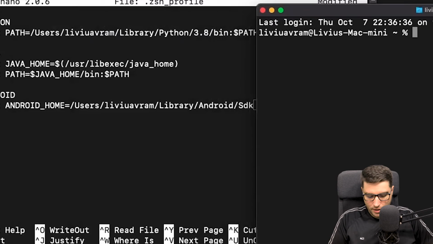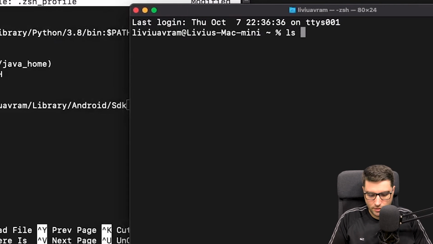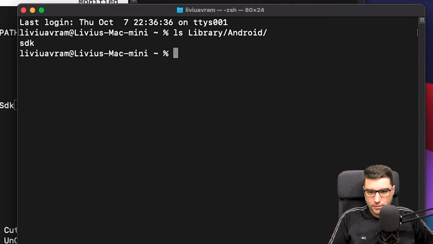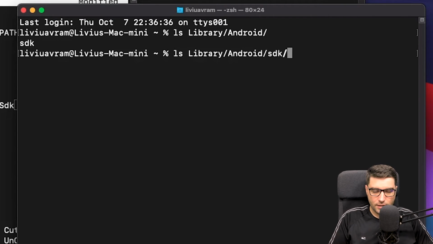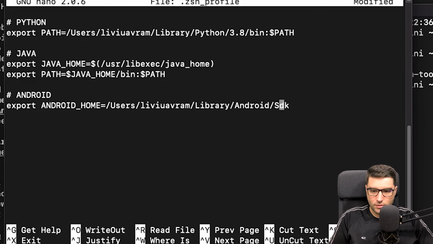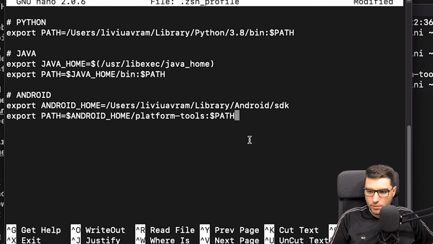So I will type in ls Library/Android/SDK. It's SDK with S. Okay, so it's like this, and then we will also export the platform tools folder, and we will be using this command.